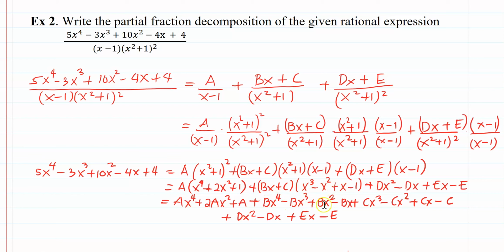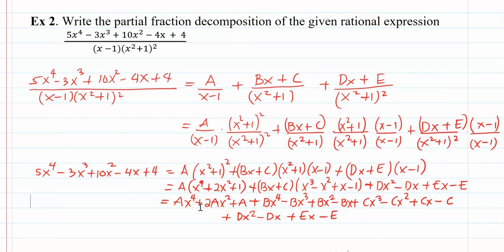bx times x is bx squared, bx times negative 1 is negative bx. And then c times x cubed is cx cubed, c times negative x squared is negative cx squared, c times x is cx, c times negative 1 is negative c, and then we'll just copy the rest of the expression here. So now that we have expanded the right hand side, our next step is to write down the equations based